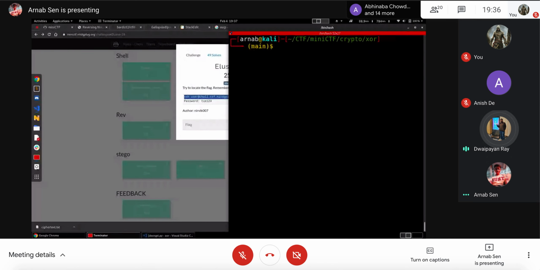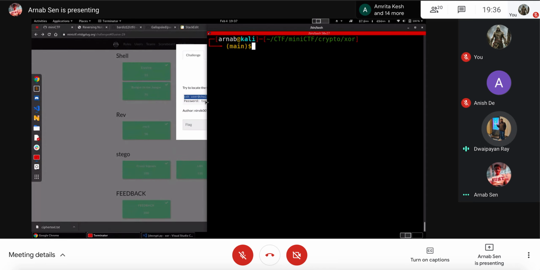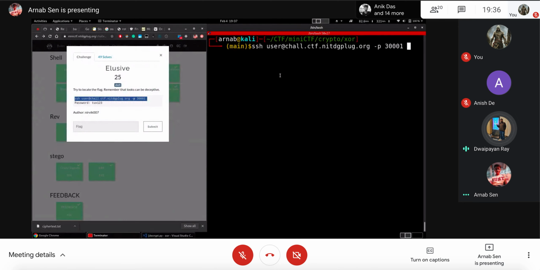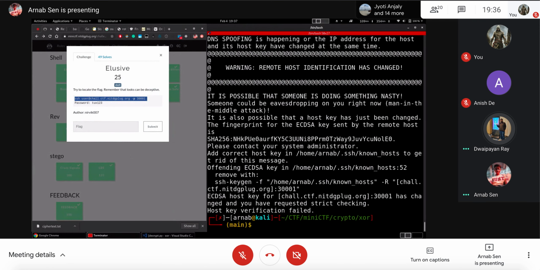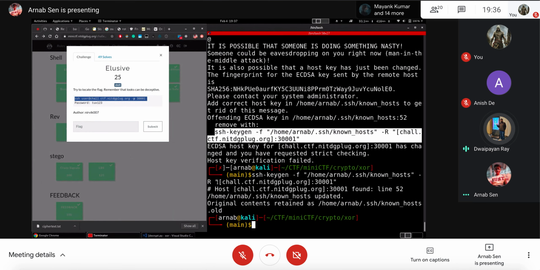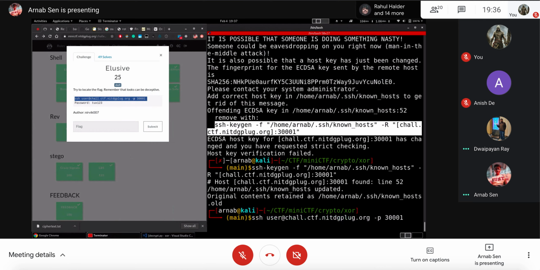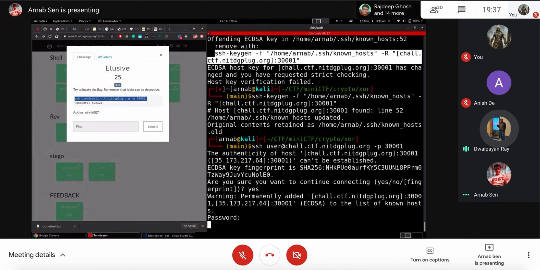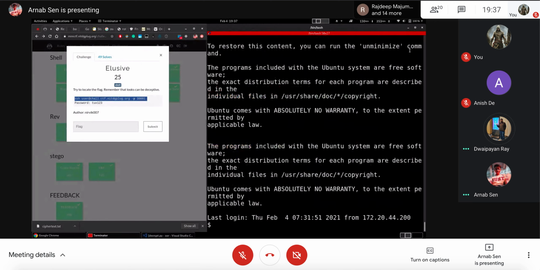Okay, so basically what they need to know is that we're actually logging into a remote machine where we have restricted capabilities. In our missions, we are the super user, the main user. But in most real-world cases like this one, you will have restricted capabilities on the machine, and you will have to find something by which you can get the flag. SSH is one of the most used commands nowadays because everything lies in the cloud, and to get access you have to actually log into the machine. So you can show them this one.